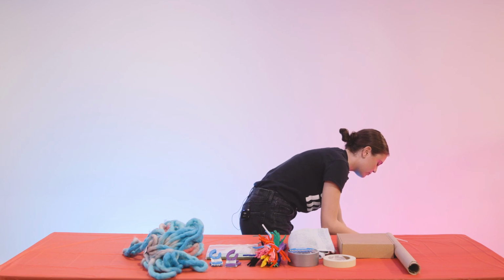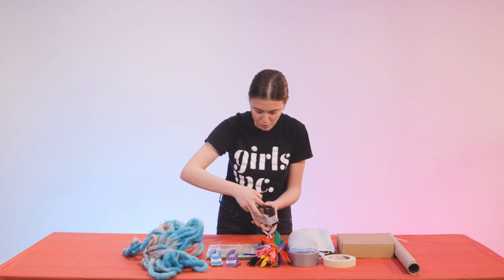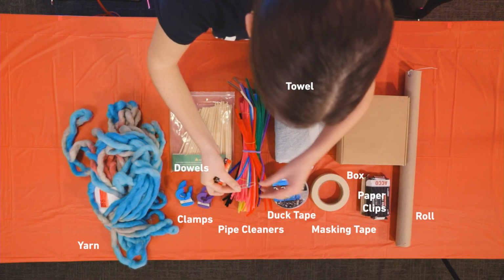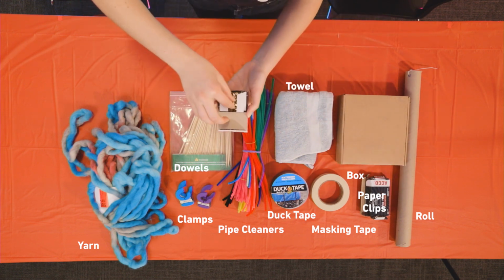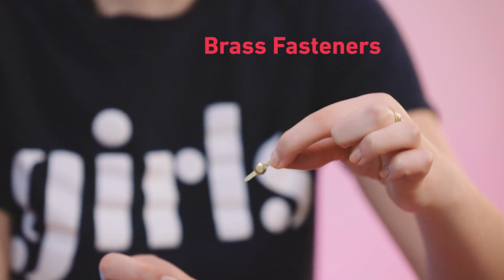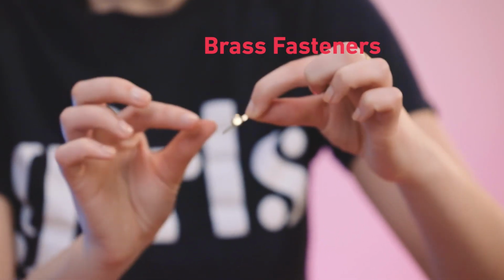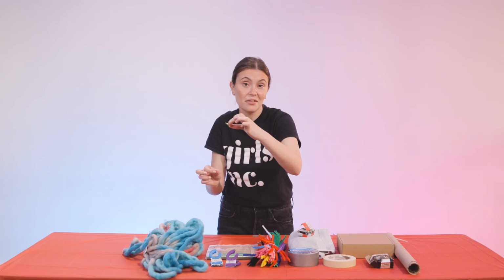Oh, and some paper clips that I really don't want to fall out of the box. So paper clips, just regular paper clips. I'll put that back on top. And then also these really tiny little brass fasteners that you can actually open up. So these are brass fasteners. Maybe you've seen them on a notebook paper or maybe a filing folder, but they're pretty much just to make things stay together. Finally, I have just some popsicle sticks,